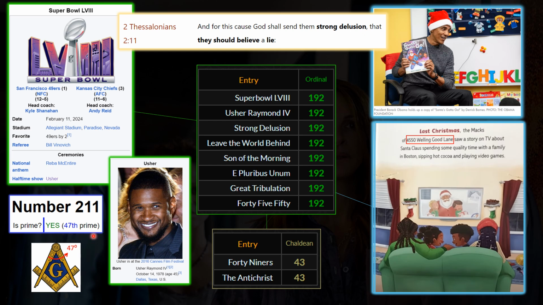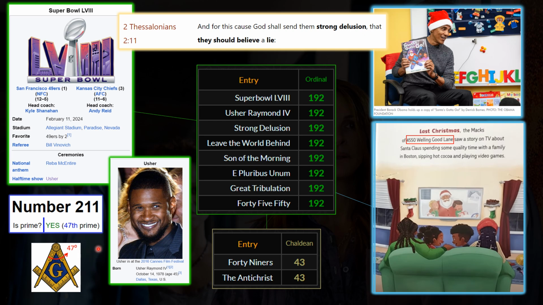It happens to be the 47th prime number, and 47 is a very big occulted number. We see it here as the angle on the compass on the Freemason logo. It's tied to many other things. A big word that it's attached to in Chaldean is tetragrammaton, which sums to 47 as well. So we see here that G is sitting in the middle of the compass at 47 degrees, with the square at 90. 90 plus 47 is 137, giving us the 33rd prime number, which is interesting because there's 33